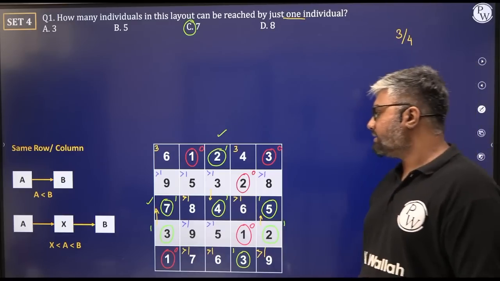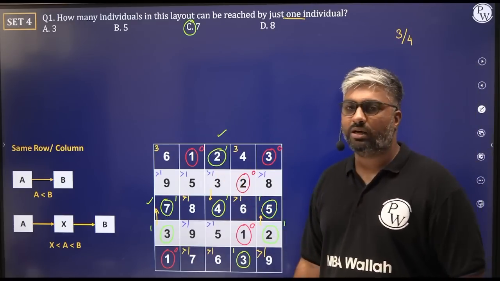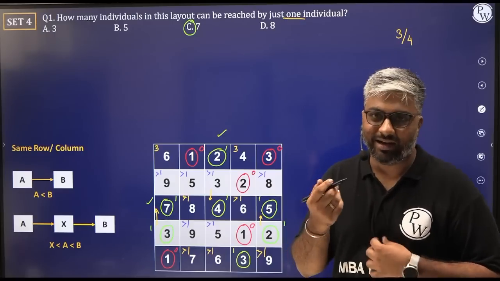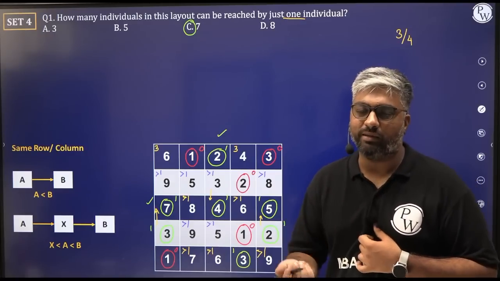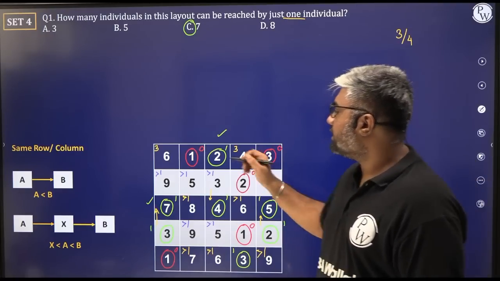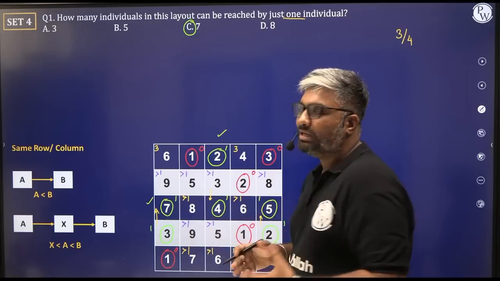Now it seems like, sir, you used color, so it will be easy for you. You will have to make do with the one colored pen that you have. You will only get one color, so you will have to write with that. So you have to make sure that you make this grid legible.